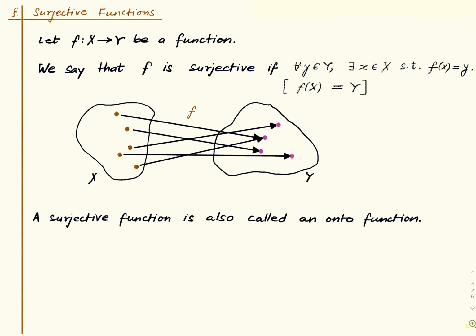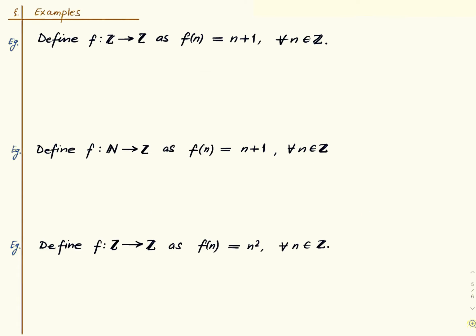Okay, let's see some examples. So this time again we have the same three examples, I think, or no, a little bit different. So the first one is just add 1 to your input, and is it surjective? I'm sure you can see this is surjective. This is basically just translating all the integers by 1, so it has to be surjective, but a formal proof is here. So let m in Z be arbitrary,